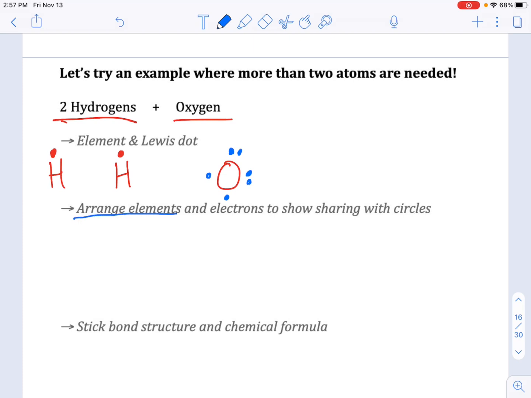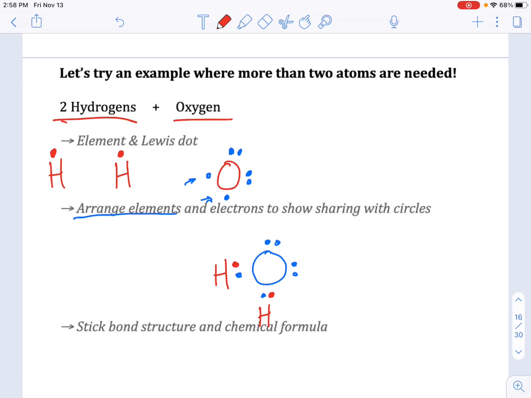Okay, now what we want to do next is arrange the elements and electrons to show sharing. So I can see that these 2 hydrogens with 1 electron, they're going to want to go here. They're going to want to get to those empty spots on the oxygen. So I'm going to start with my bigger one, my oxygen. And then I'm going to rearrange it so my hydrogens are right next to where they want to be. So I'm going to put my hydrogen here with its 1 electron, and another hydrogen here with its electron,